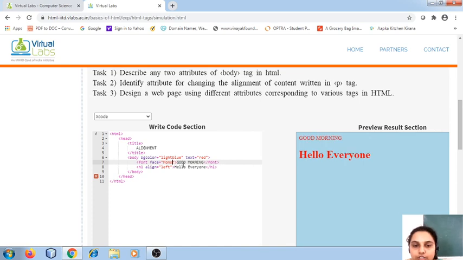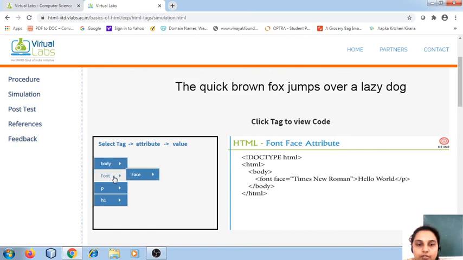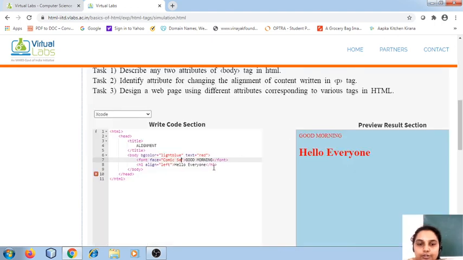If I want to change it, I will make it Comic Sans. This is how it looks. If you want some other font face to be tried, we can go for cursive. You can check cursive. So I write it over as cursive. Did you observe when I changed the font face to cursive, the handwriting changed? You can even make it Consolas.